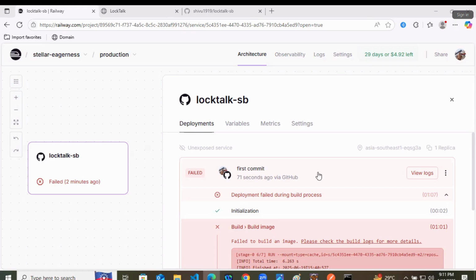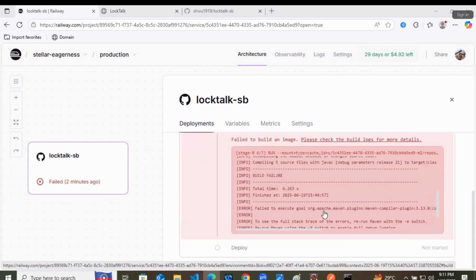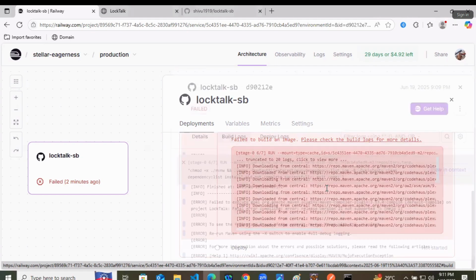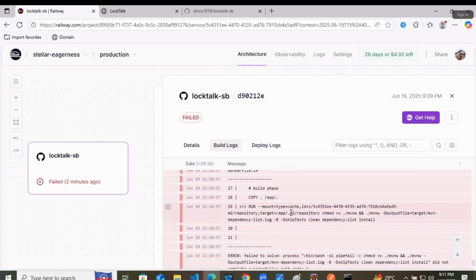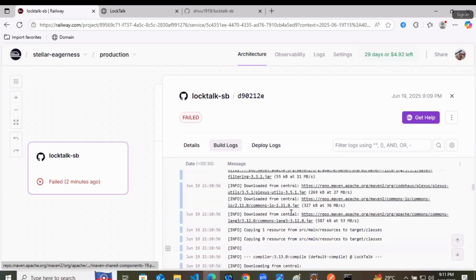So as expected, there are some deployment failures. And what is the problem? Okay, got it. It's a Maven problem.